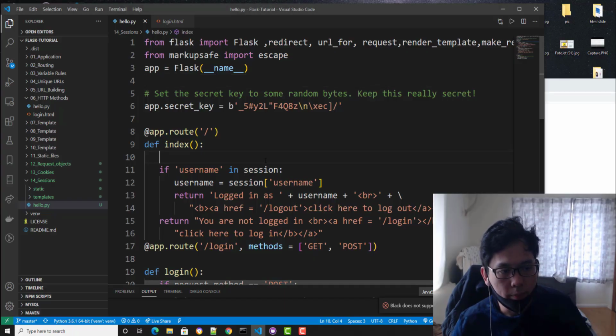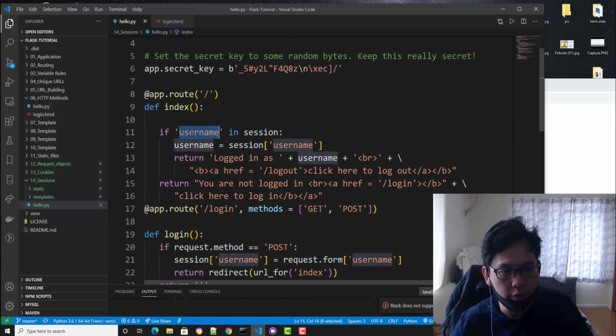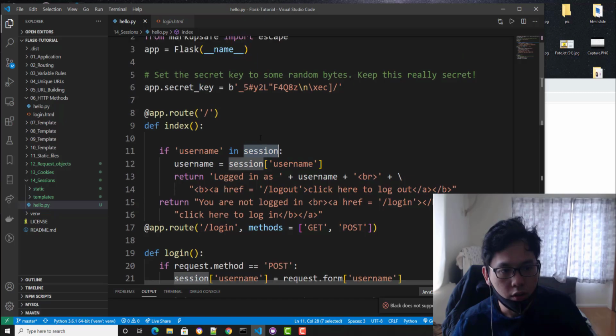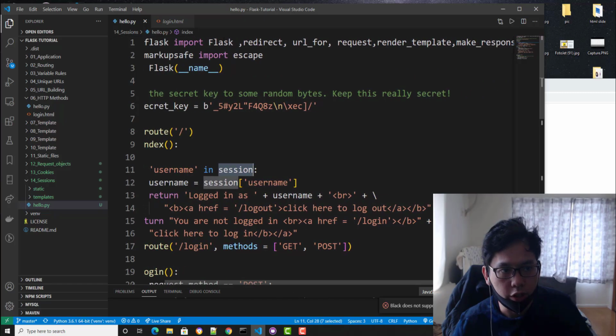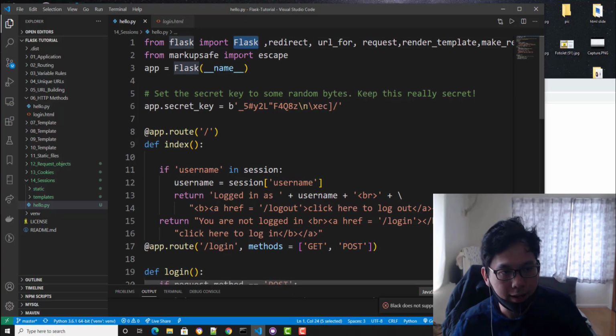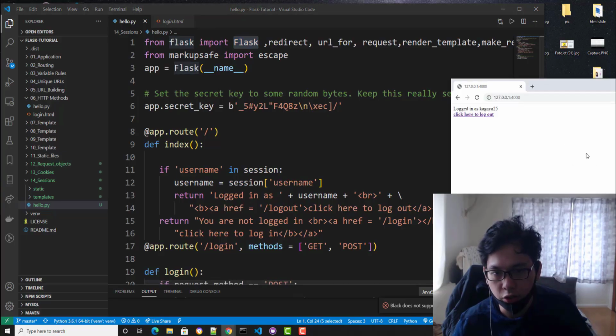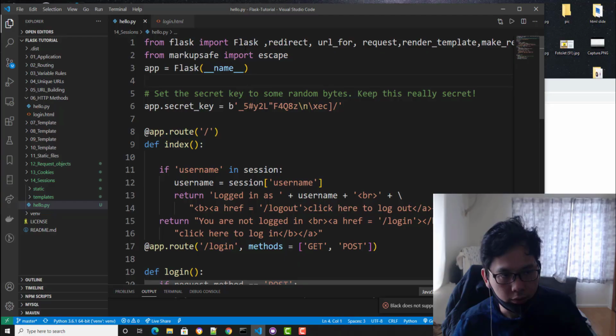So first, in our index file, we're gonna check if username is in session. What is session, where is it? It's in Flask, here. I told you before, you should read the documentation of Flask.